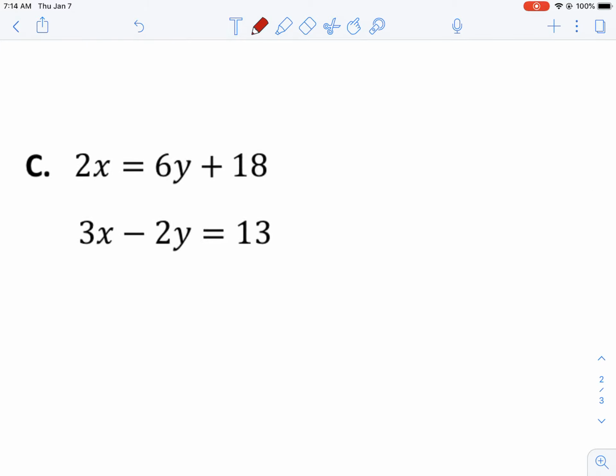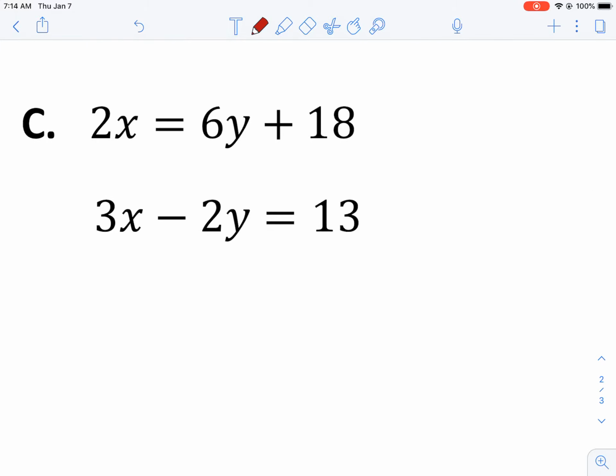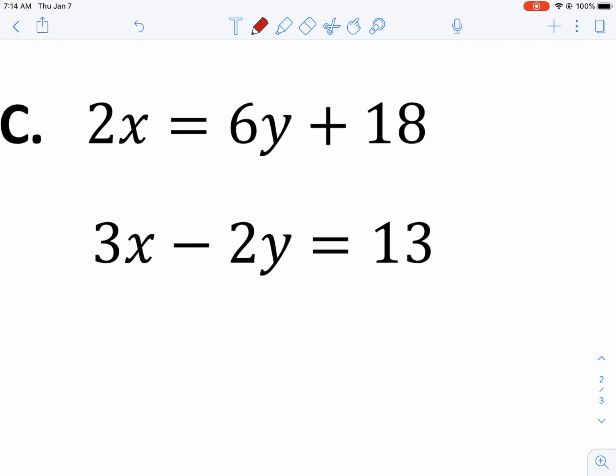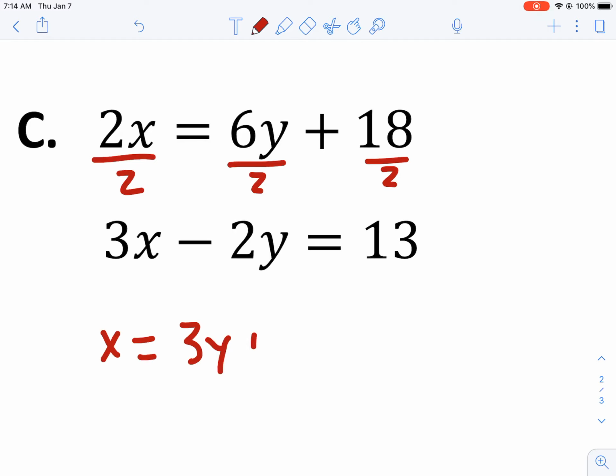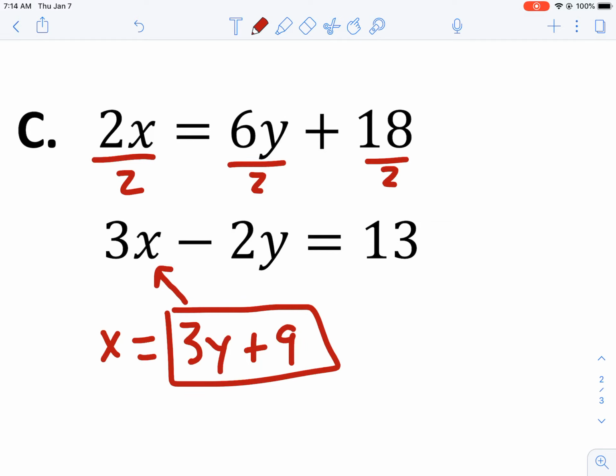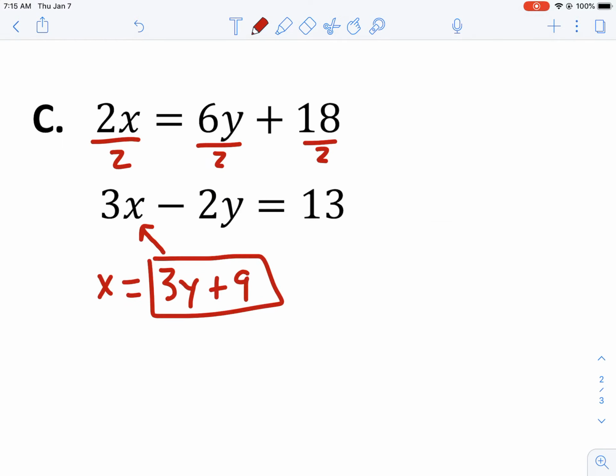Looking at a different example, we want to get a variable by itself. Do I want to get this or this by itself? Probably not, because then I'm going to have to divide 13 by a number, and 13's prime, so we don't want to divide 13 by anything. However, here we got 2 easy numbers, 6 and 18. Those are both even, so we can easily get this x by itself by dividing by 2. And so that gives us x equals 3y plus 9. Now we've got an x by itself, so now we're going to plug that in for the x in our other equation. So that gives us 3 parentheses 3y plus 9